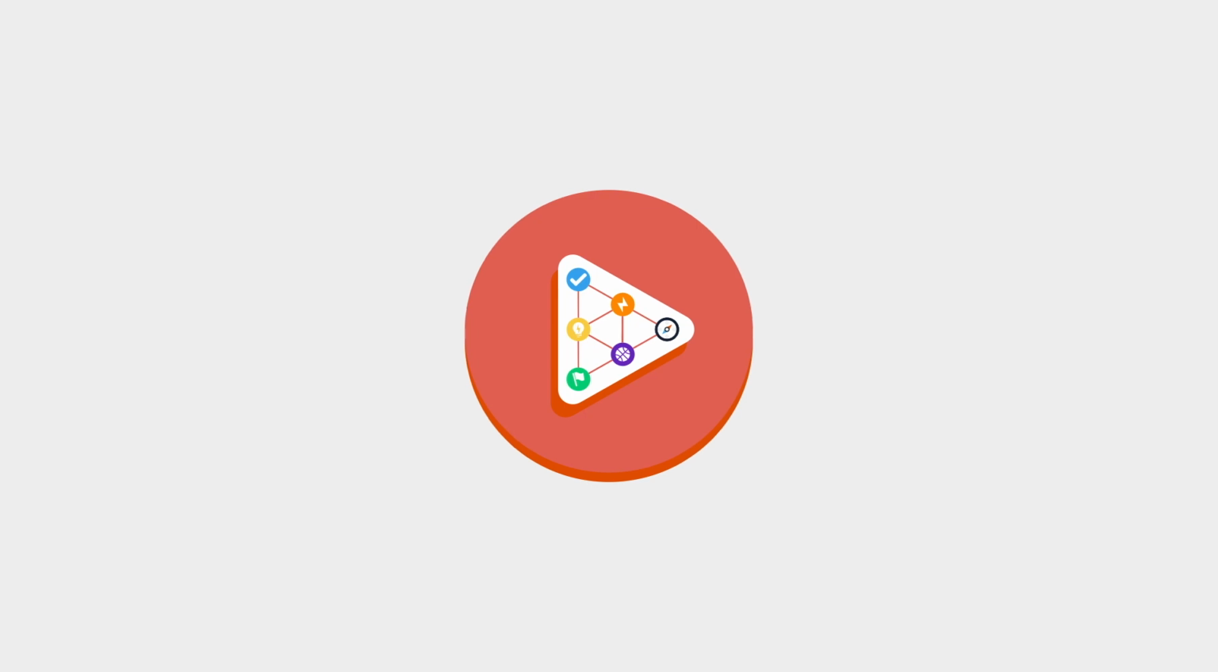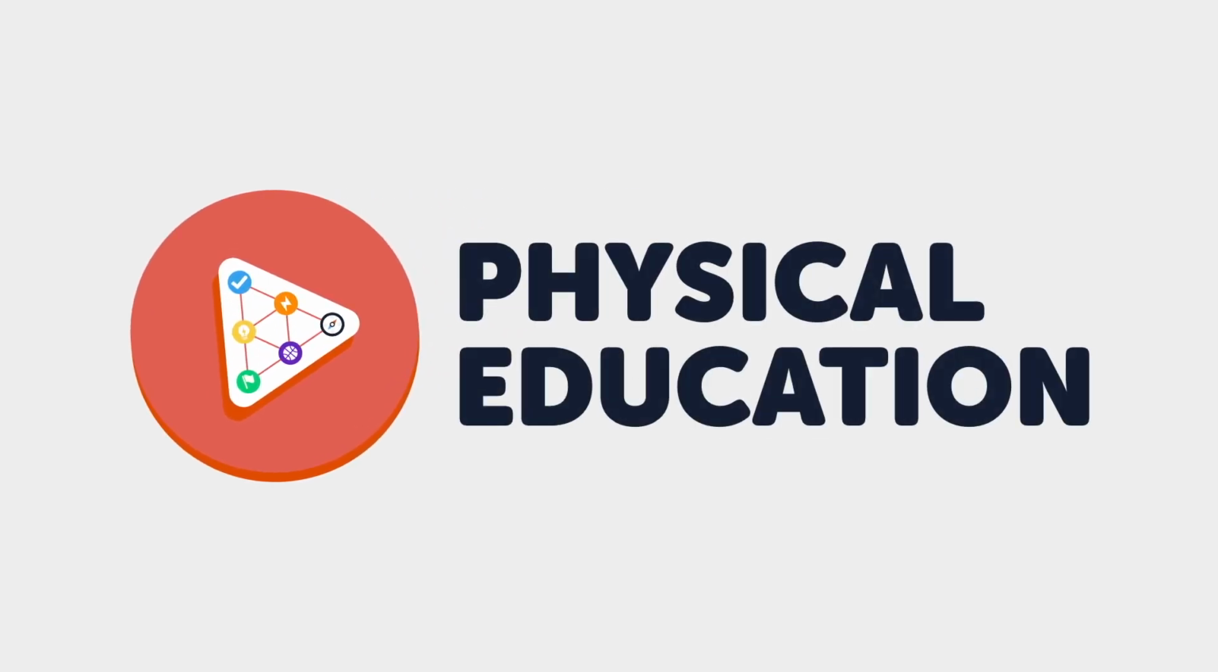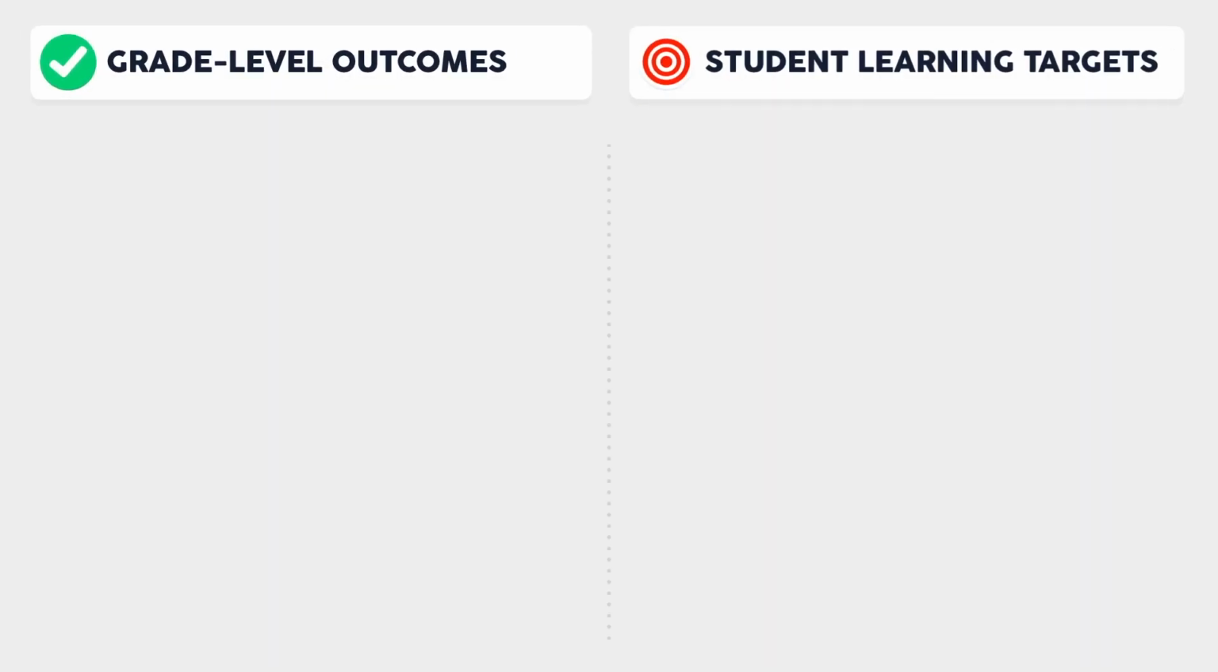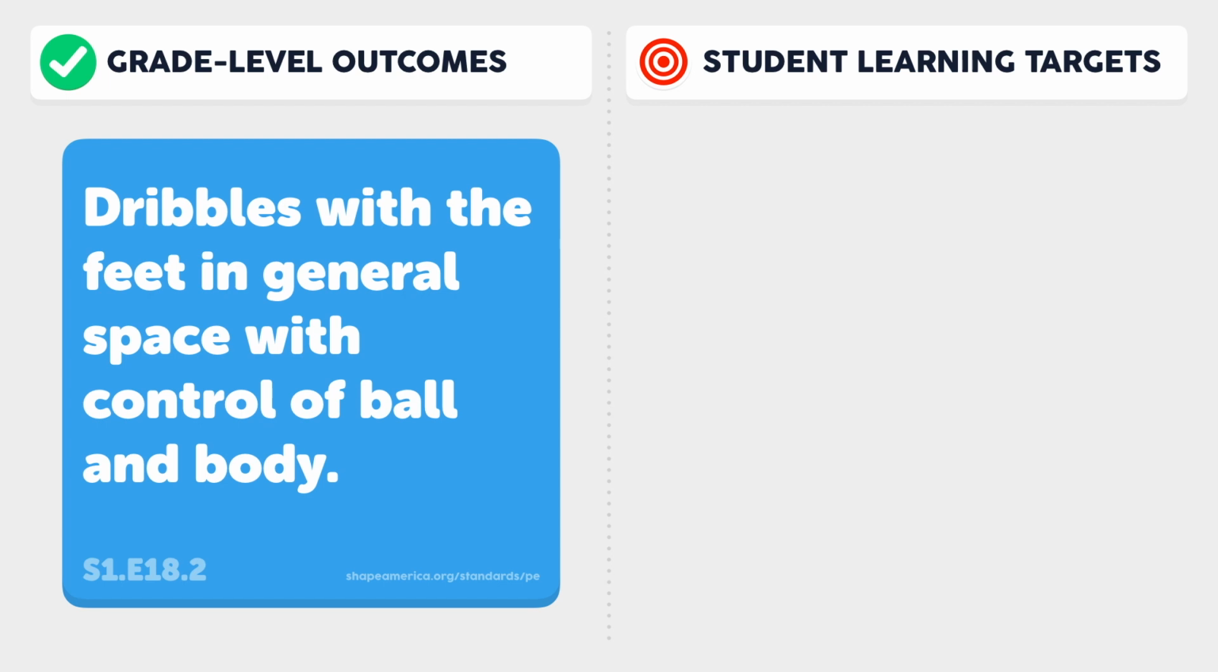Okay, so what can student learning targets look like in physical education? Here are a few examples of SLTs that I've created based on the grade level outcomes that we focus on in my phys ed program. For the dribbles with feet in general space with control of the ball and body GLO that my grade 2 students focus on in our foot skills unit, 3 learning targets that I have used in the past include: